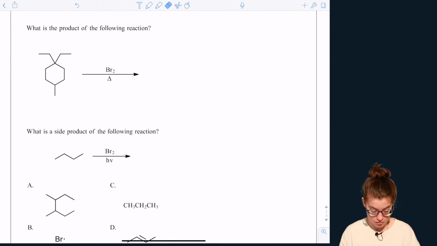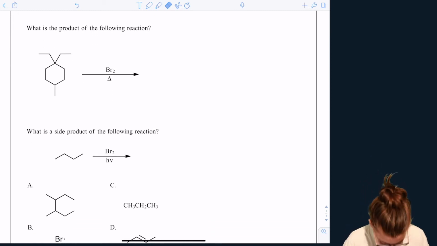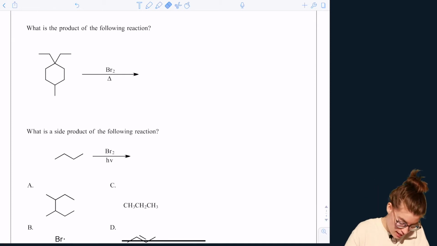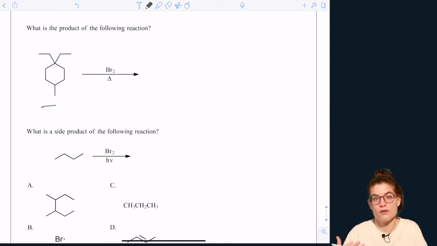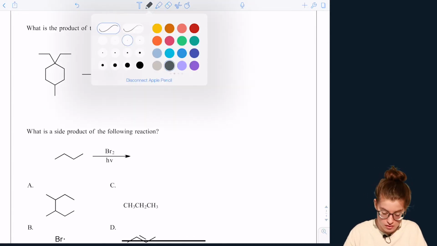Do a few practice problems. So what is the product of the following reaction? So I've got this alkane here, and I've got bromine and heat. So I know, okay, an alkane, Br2 in heat or Br2 in light, that's going to do a halogenation reaction, a radical halogenation reaction. Now I know that because I've memorized it kind of, and maybe now you understand it,